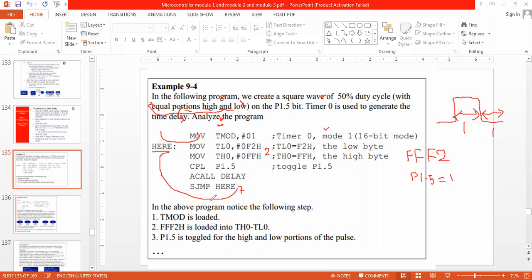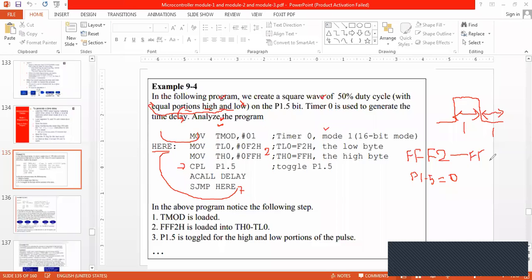So actually that has to be written here only, but in this program they have made two things. So now here I will come, complement P1.0. So P1.0 will go to 0 because previously it was 1, no? Now it will go 0. So again call delay. So FFF2 to FFFF. There I am going to start the timer, no?